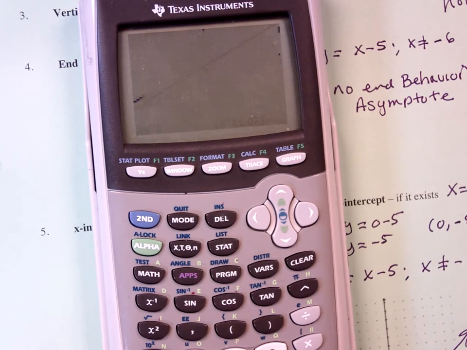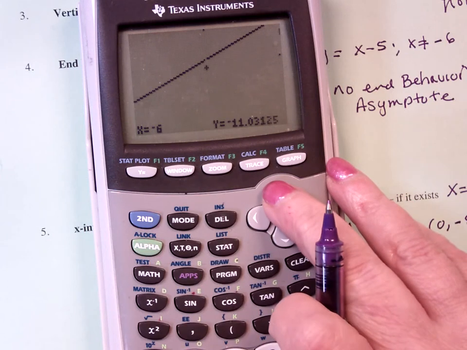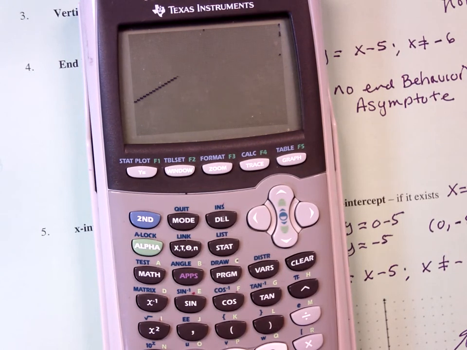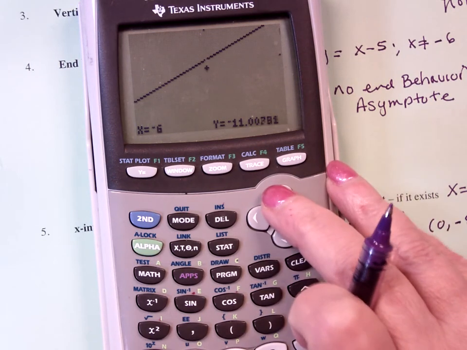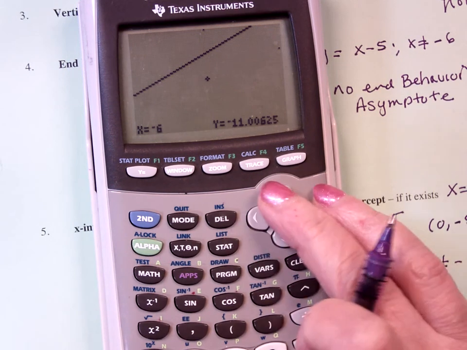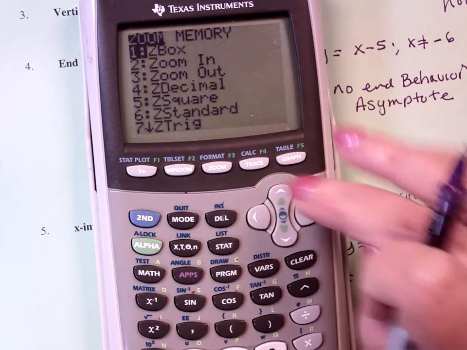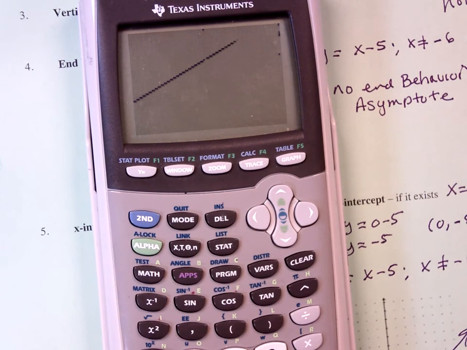There's a break in the graph. It's so minute. And even then, I've now lost it. So I'm going to do zoom previous. I'm going to go back. So there it is, and I'm going to shut